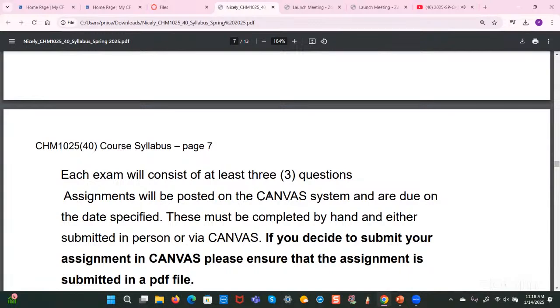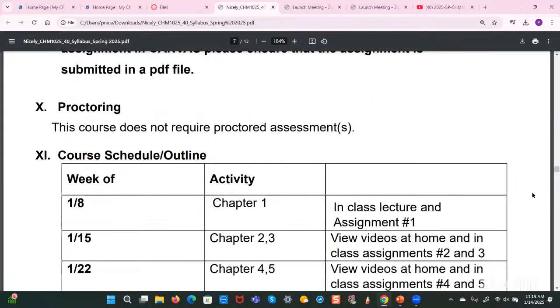And assignments will be posted in Canvas system and are due on a date specified. These must be completed by hand and either submitted in person or by Canvas. And I'm going to make a correction to that as well. I'm going to make all assignments be submitted on Canvas. So all assignments must be submitted on Canvas, and make sure when you do that, you submit it as a